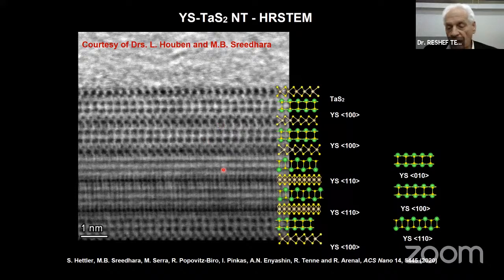And we can see also the kind of orientation between them. So you see each 2 layers make a real layer, and they make a superstructure. This material has not been known as a bulk material, and now we know how to make it as a bulk material and as a nanotube. And the last and final